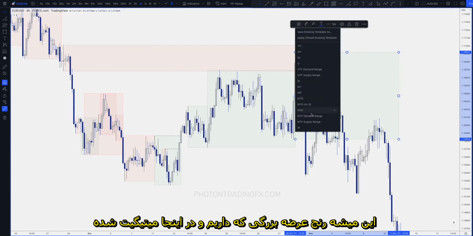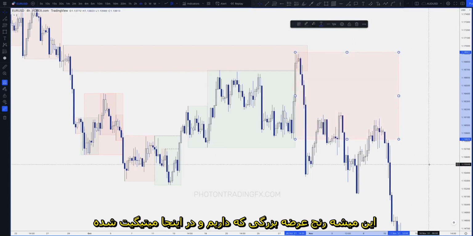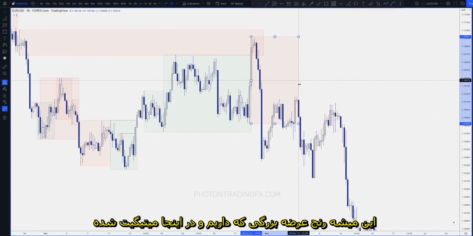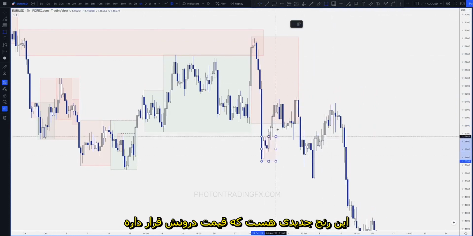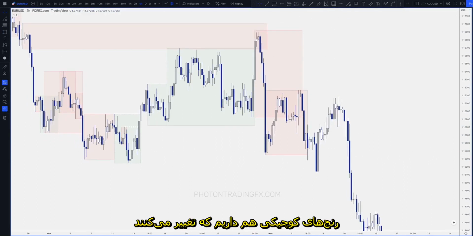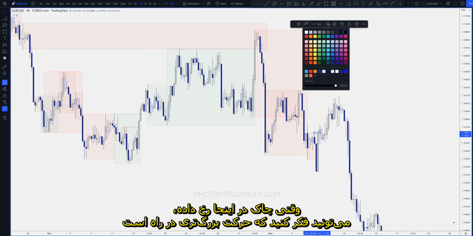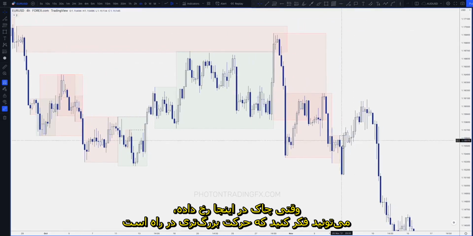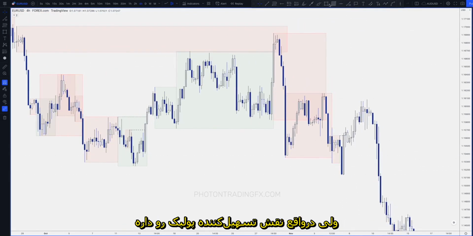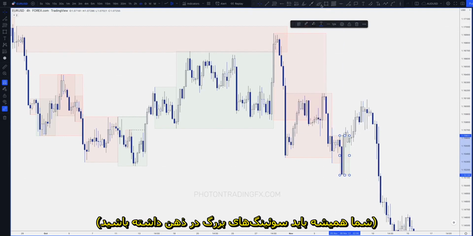All right, and then you have your larger supply range. Sorry, you got mitigated here, and then price breaks out of that range, right? To come into here, and then you have smaller ranges get shifted because obviously you've got this one as well. So you could think at this point, when you get that change of character here, that potentially now we're going to see a bigger movement. But what is it? It's just to facilitate a pullback into, because you've got to look at the larger swings